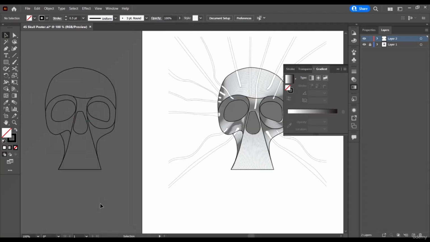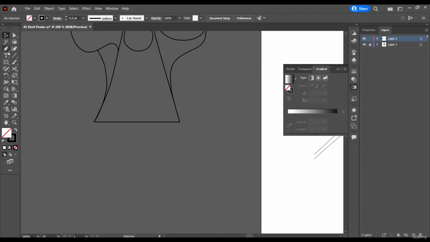Now, what does it do? Let me just explain to you what the scissors tool does. Let's assume we have a line like this, and we want to cut our line here. We can make use of the scissors tool to do that. So select the scissors tool and just come to your line and click. Now we can see that the scissors tool divides our line into two different parts.